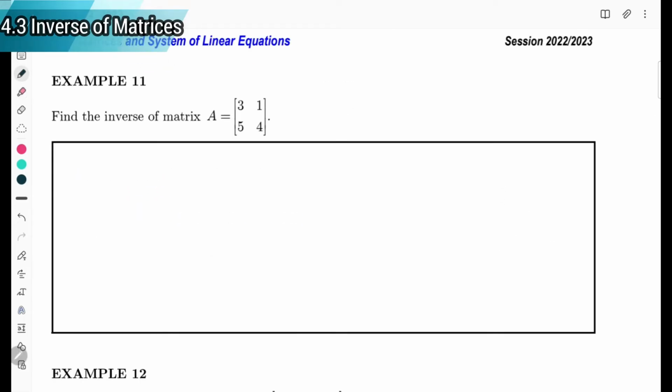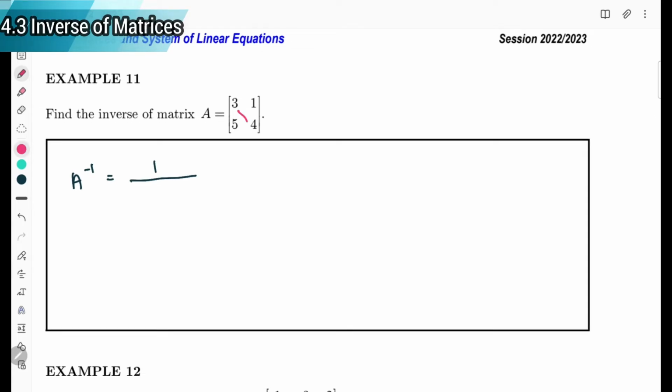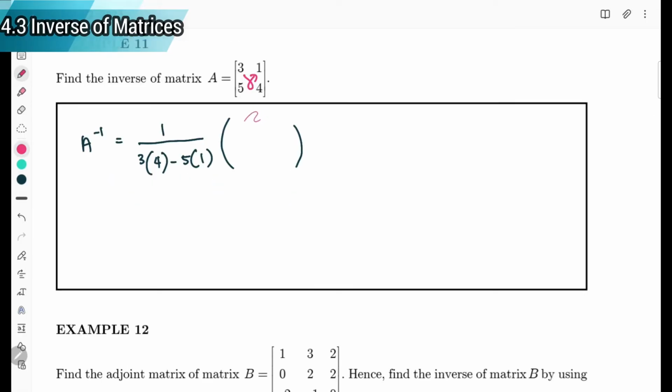Example 11. So let's use the formula. A inverse is equal to 1 over AD minus BC, so 3 times 4 minus 5 times 1, times the adjoint. Then this will be D, A, negative B and negative C. Okay, so